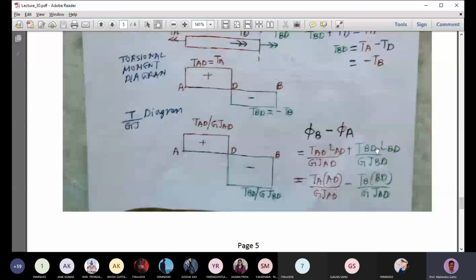So this is a simple analysis of statically indeterminate shafts. The main take-home point is that it looks similar to the axial load problem. The only difference is that instead of the single arrow, we have double arrows. And instead of the PL by EA formula, we have the TL by GJ formula. Instead of P by EA, we have T by GJ. So we can calculate the change in angle using TL by GJ, and apply the compatibility conditions and all.